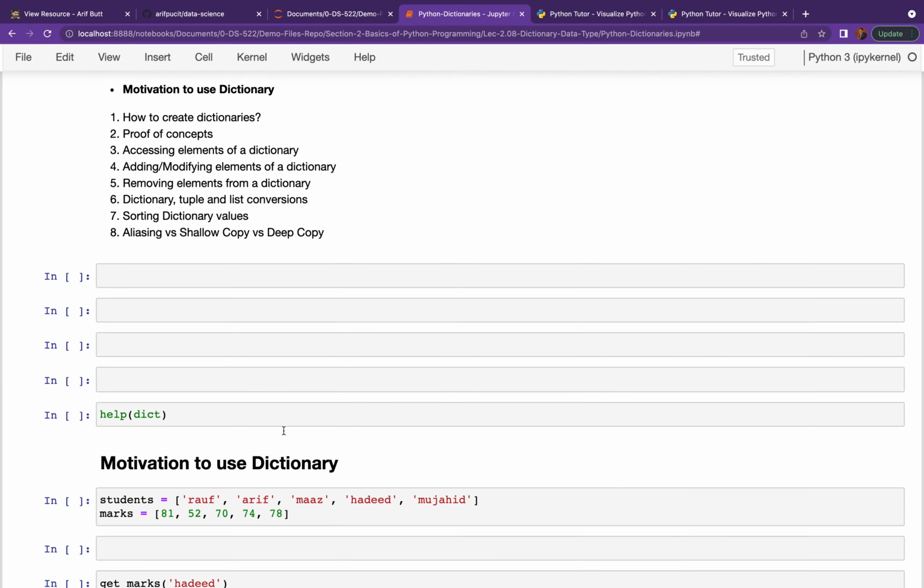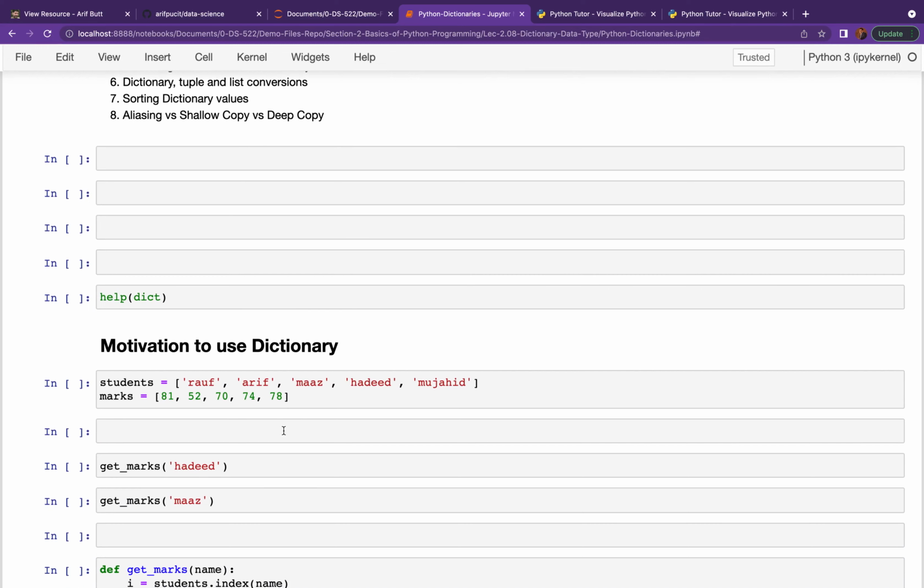And before we start, let me give you a motivation to use a dictionary. My dear students, let's suppose that we have some students, 1, 2, 3, 4, 5 students with corresponding marks. And we want to store the students as well as the marks inside the system. One way of doing it, we make a list of students and we make a list of marks. And remember, both these lists are associated by the indices.